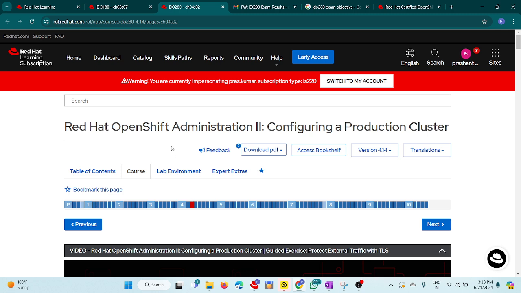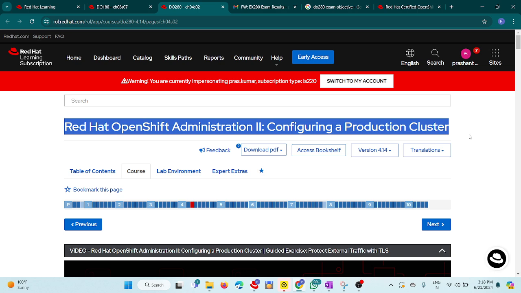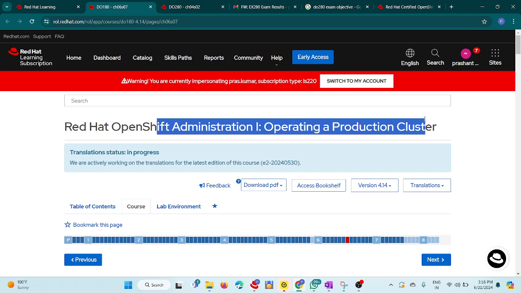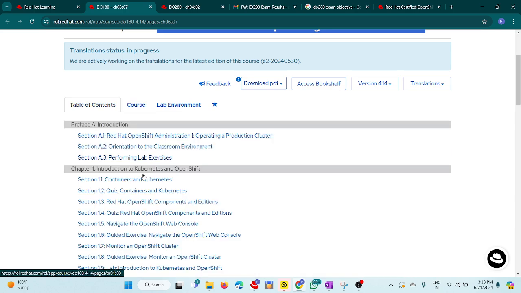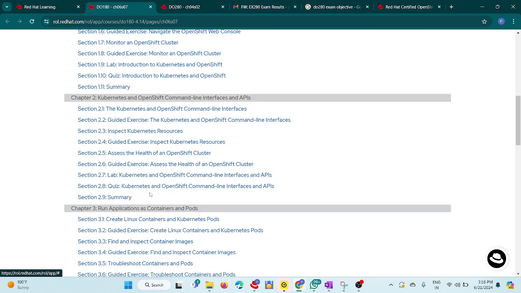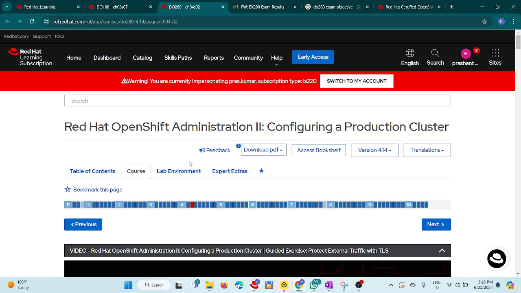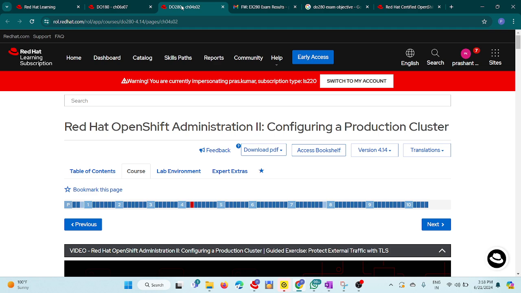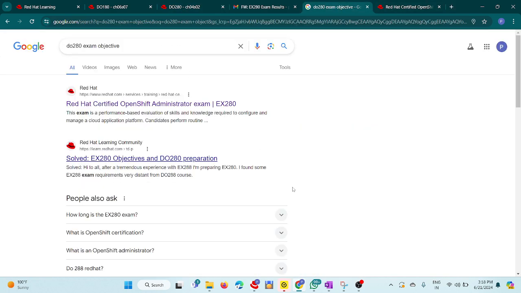So let's discuss. This is the second part they had given, but the first is the DO180 course. You need to prepare that first, because DO280 has a lot of topics from there. Then we can see DO280 also. So these are the two things you need to prepare. Then after preparing these, I will highly recommend